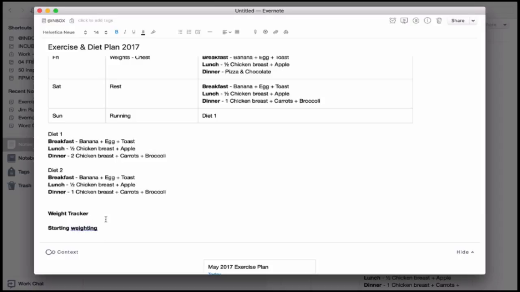Starting weight, I'm about 85 kilograms at the moment, and my goal is to get back down to 80. Starting weight, ending weight, 80 kg. So what I would then do is I would have the date, and then I would put in, say, 85.00